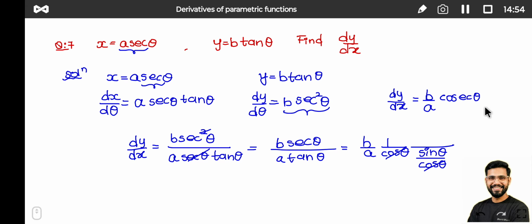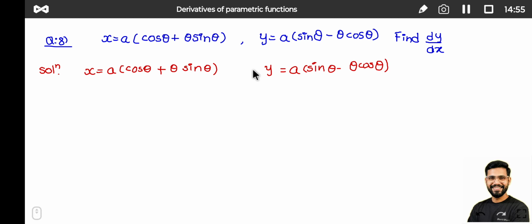Look at the next question. Okay, so the next question is x is equal to a bracket cos theta plus theta sin theta, and y is equal to a bracket sin theta minus theta cos theta. Okay, so let's start with the derivative of x. The variable here is theta, so our derivative with respect to theta will be dx upon d theta is equal to,